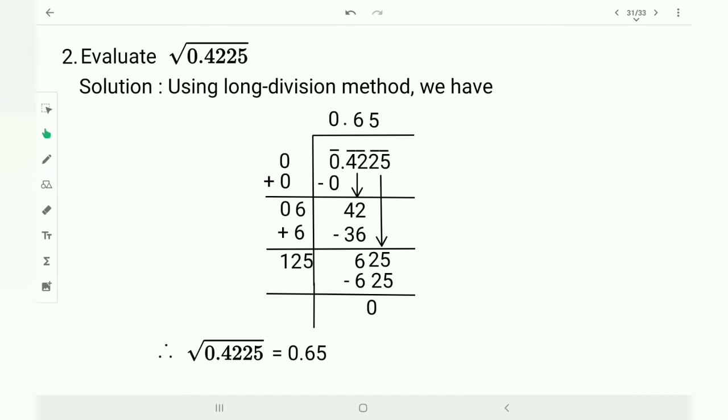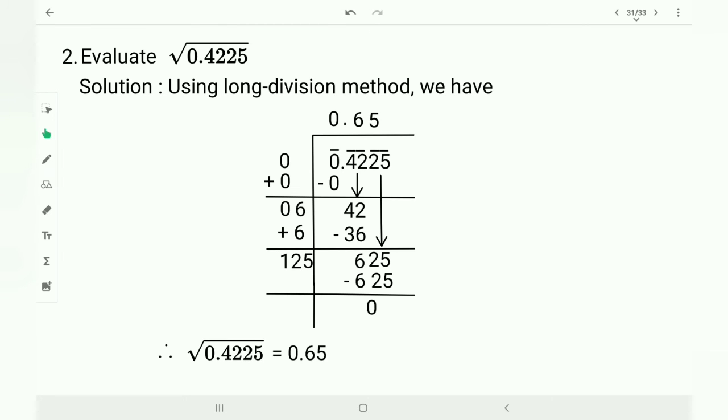Now first I am going to divide 0. For that I have taken 0 as a divisor and 0 as a quotient. So 0 into 0, 0, and after subtraction remainder 0. I have not written it here, it is already understood. The same 0 you have to add with the divisor, then 0 plus 0, 0. Now you will bring down 42 here as a new dividend, and then you have to divide this 42.